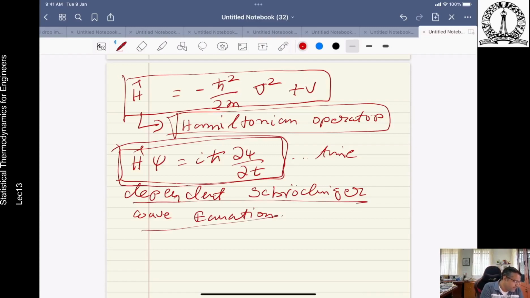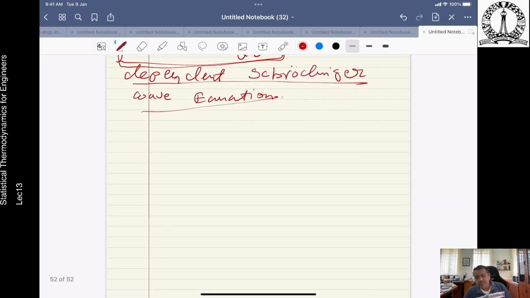This is a heuristic development. It does not constitute a proof of the Schrodinger wave equation, but instead a rationale for its formulation. Ultimately, its veracity depends solely on its utility, how well it is able to address atomic or molecular dynamics. Using de Broglie's platform, we have been able to get to this time-dependent Schrodinger equation.